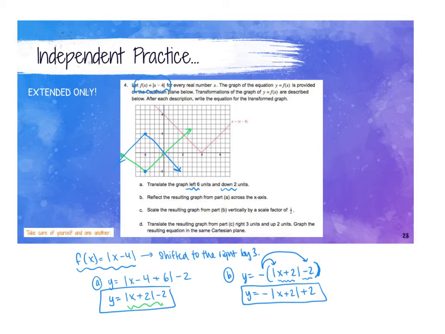Okay, now in C, we need to do the scaling. Scale this by a factor of half. So it's going to kind of flatten out. We're going to multiply the whole thing by a half again. So we have to distribute the half. We have negative 1/2 of the absolute value of x plus 2